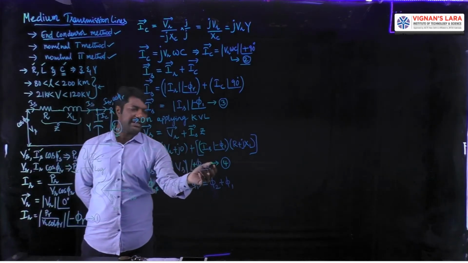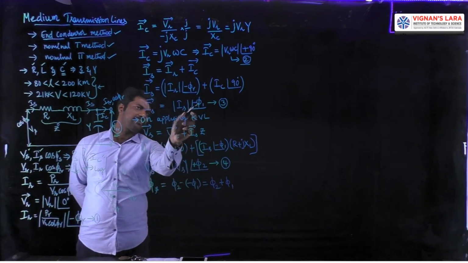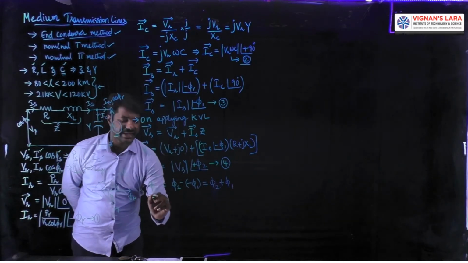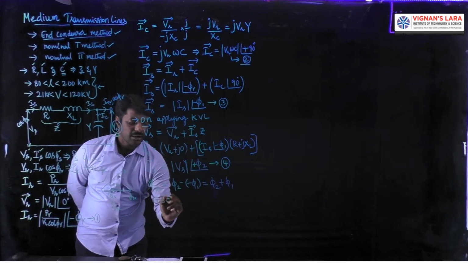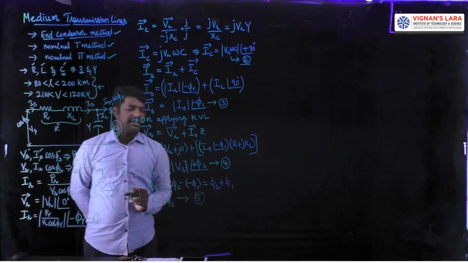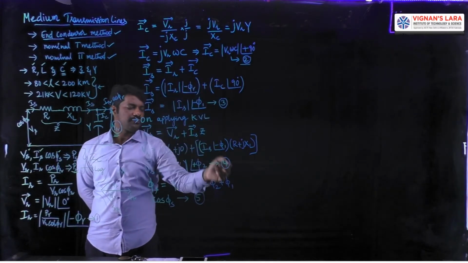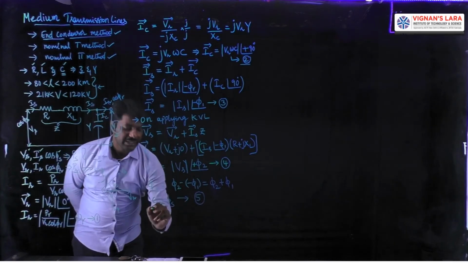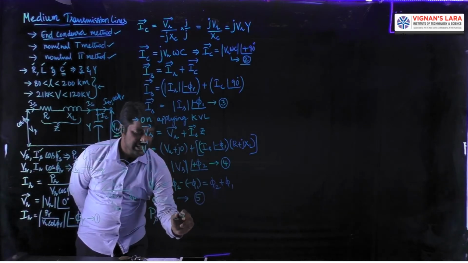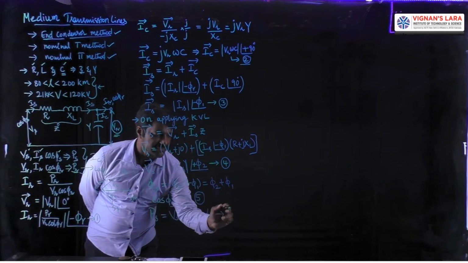Otherwise, simply after getting the equations of 3 and 4, you can take the difference of phi 2 and phi 1 to get phi s. Thereby, once getting the phase angle on the sending end side, apply the cos term to that. Then cos phi s is obtained, which is called the sending end power factor, as equation 5. So with the help of these equations 2, 3, 4 and 5, we will know the magnitude of the power on the sending end side, PS, which is equal to Vs Is cos phi s. Let it be equation 6.